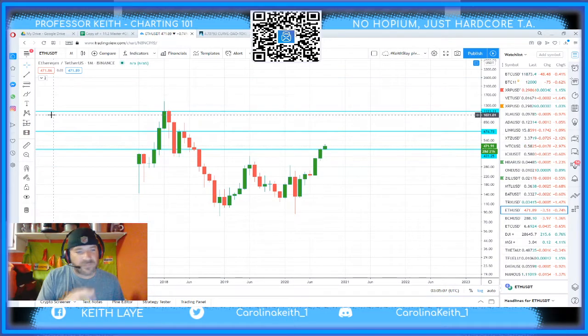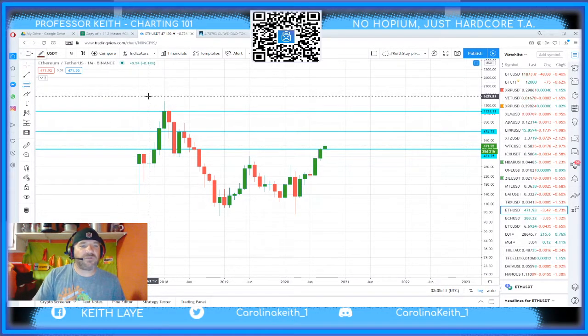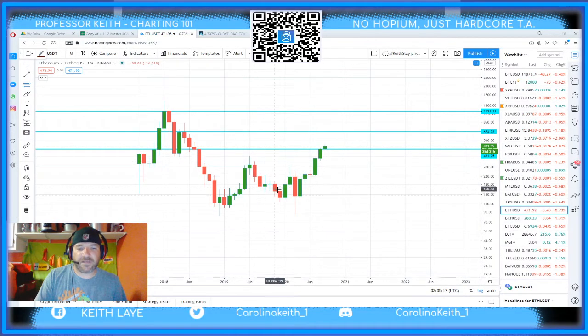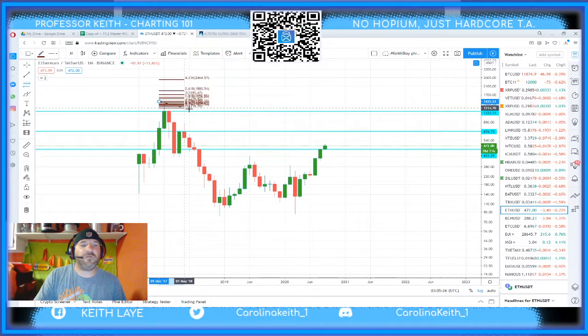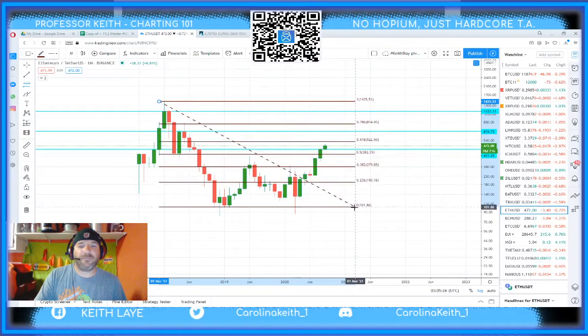We could. If that's the way you like to chart, I'm cool with that because trend lines do work. But I want to start with retracement. We had this obvious downtrend. We had this ugly, nasty dip right here, and it tried to recover, but it couldn't, and it did another dip. Luckily, we found support down here at the bottom. I'll draw that line in a second. But we start at the top, and we want to measure this downtrend to see if it's over. So we pull from the top down